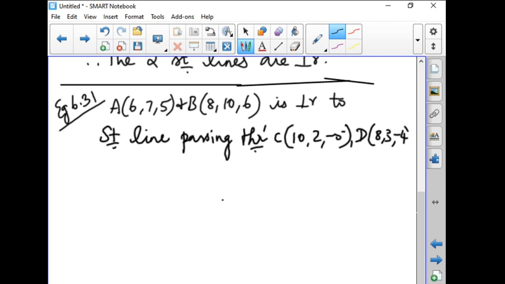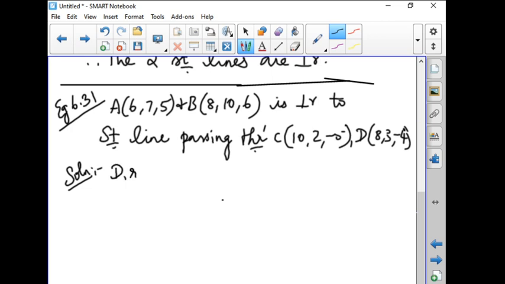Yesterday we have seen a problem like this, isn't it, students? In the exercise we have done a problem like this. That is, given the first 2 points we have to find the direction ratios, and for the next 2 points we have to find the direction ratios. So the first 2 points' direction ratios can be taken as B1, B2, B3, and the next 2 points' direction ratios can be taken as D1, D2, D3. We have to prove that the two straight lines are perpendicular. Perpendicular means B1 D1 plus B2 D2 plus B3 D3 equal to 0. Okay, first let us find the solution.